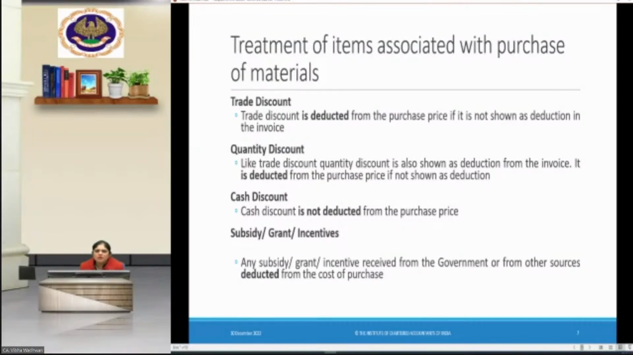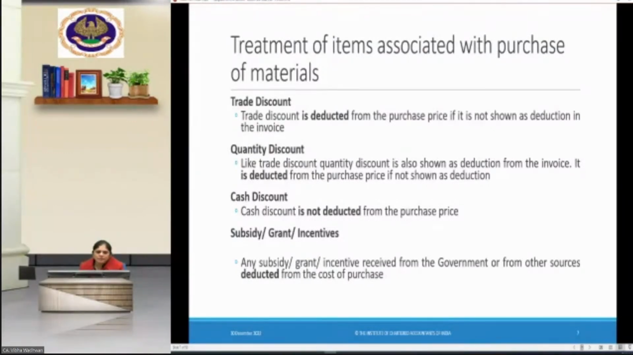So trade discount is deducted. Quantity discount: sometimes we order in bulk, which means we buy in large quantities, so the supplier or the vendor gives us a quantity discount also. Any type of discount, whether trade or quantity, is deducted from the purchase price. It should be deducted in the invoice itself,